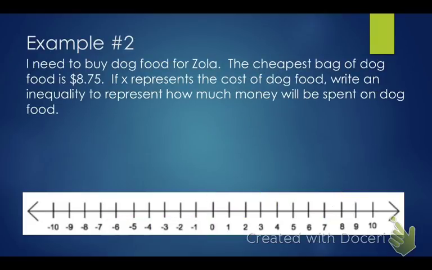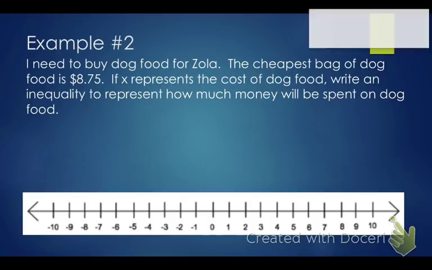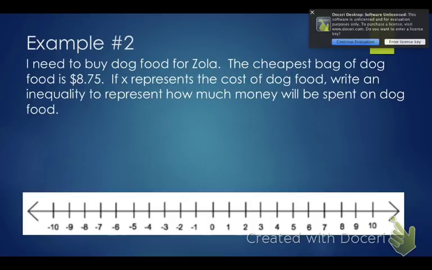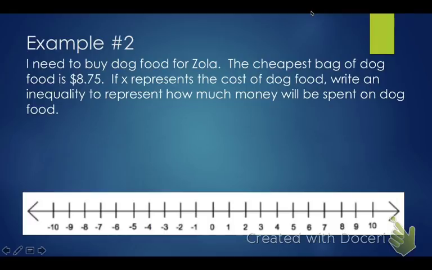All right, number 2. I need to buy dog food for Zola. The cheapest bag of dog food is $8.75. If X represents the cost of dog food, write an inequality to represent how much money will be spent on dog food. So, we're going to spend some money on some dog food. So, how are we going to do that? Well, the cheapest bag is $8.75. So, if I buy the cheapest bag, I'm going to spend $8.75, which means